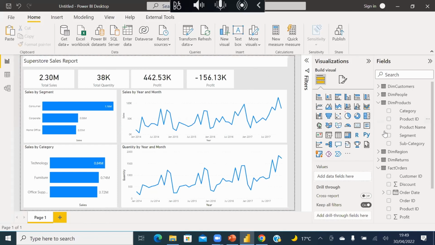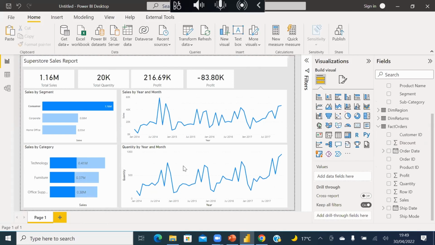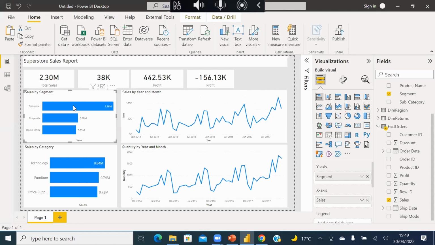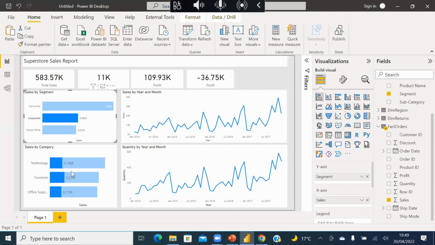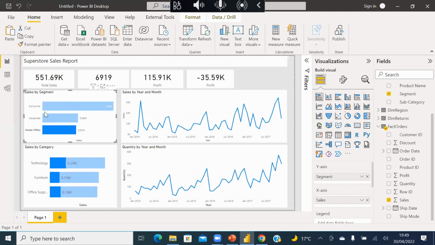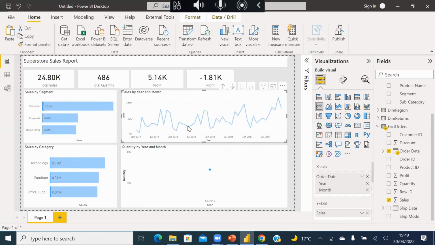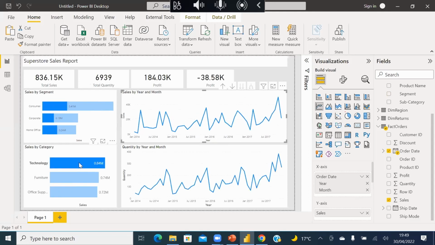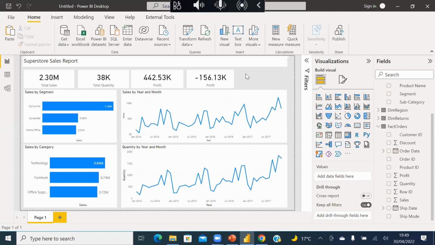Other things you can do, for example, you can add filters to your report. Filters help you to add interaction. For example, when I select this, look at this carefully. The sales segment is coming from a different table, right? But you see that they are all interacting with each other. That is because we are able to create relationships. Without the relationship, there's no way this whole report is going to be behaving this way. That is because we've modeled our data properly. If you don't model your data properly, you run into issues.